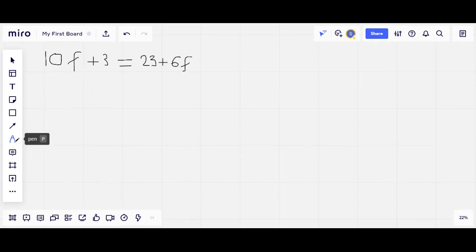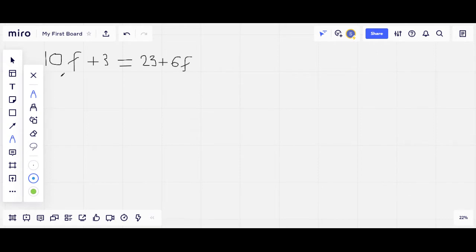Okay, so in this video, we're going to be looking at solving equations that have got a pronumeral on both sides of the equal sign. So the main idea here is we've got to think back to our algebra topic where we found our like terms and we could add and subtract like terms. So what we want to do, we want to find all the like terms and put all the like terms